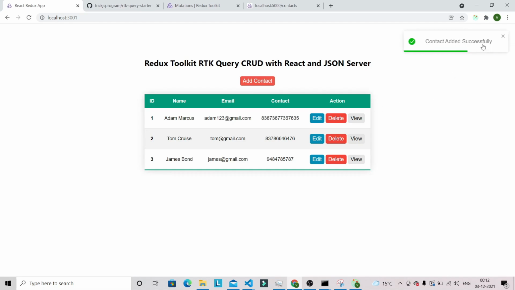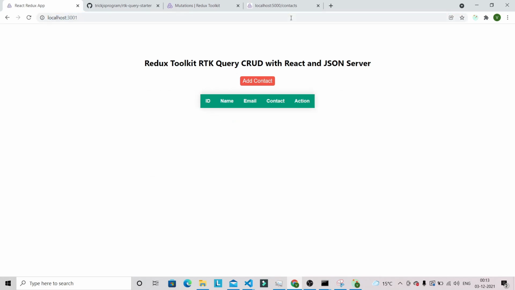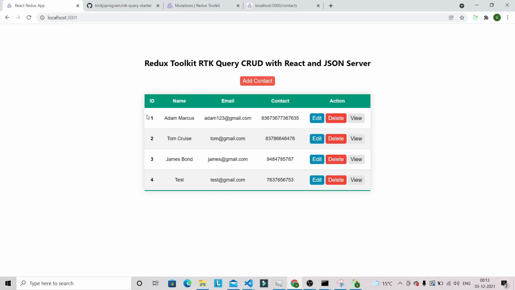Now you can see that we have got the message that the contact was added successfully, but our table component is not updated with the newly added contact because we haven't done the auto refetching. If you refresh this application, only then will you be able to see the newly added contact in our table component. So we have to also introduce auto refetching whenever we make a change to our server.